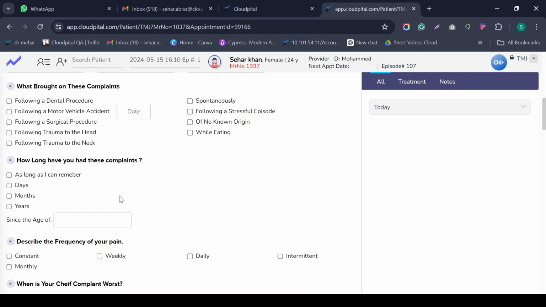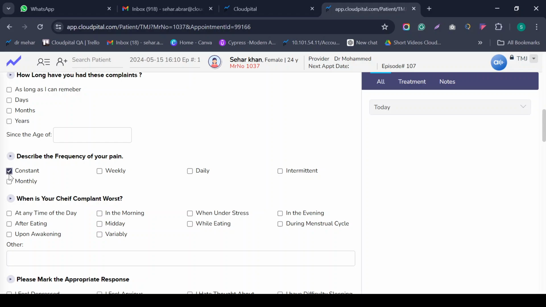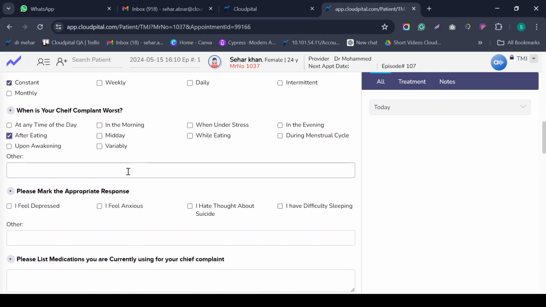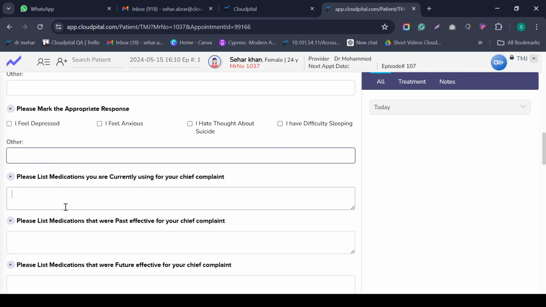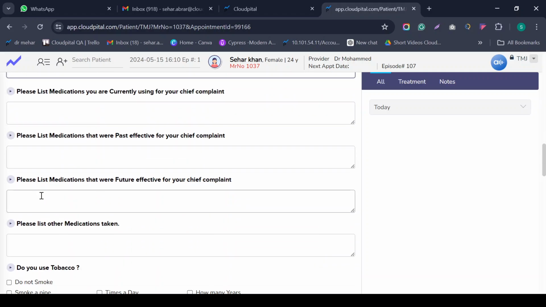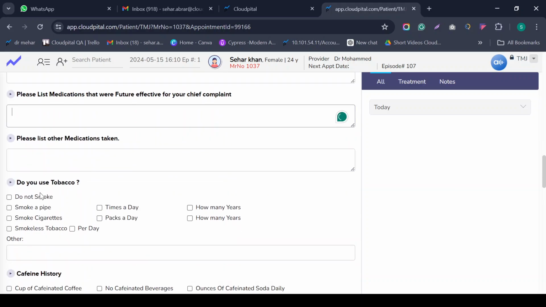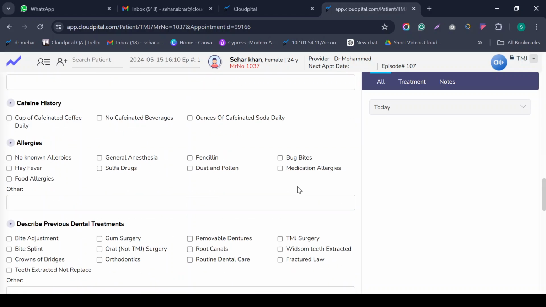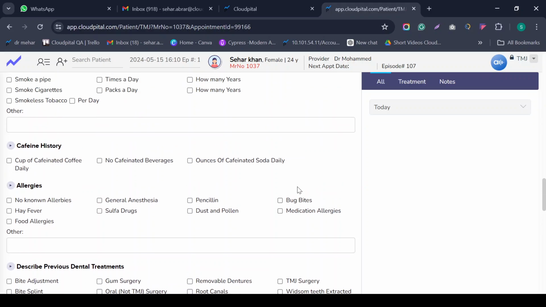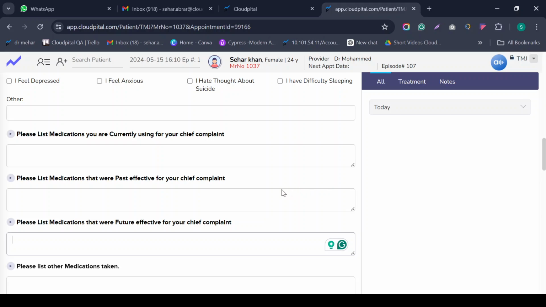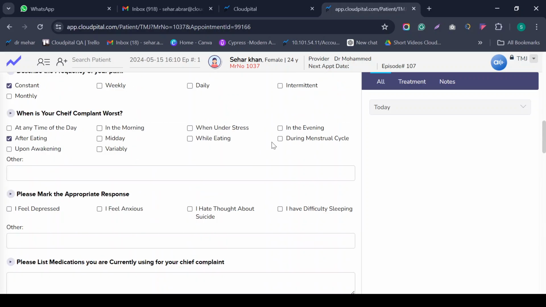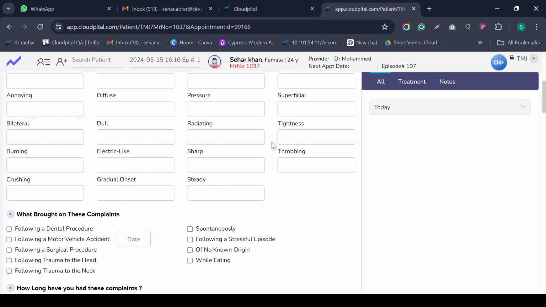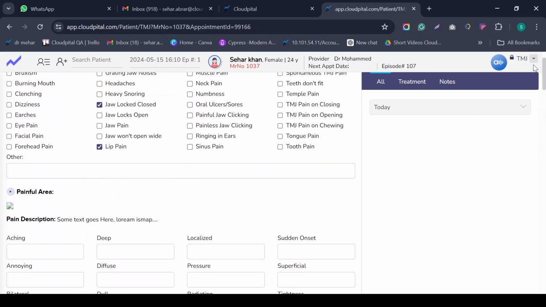We can select all of the patient case sheet, and we can maintain all of the patient records in the patient file screen. The doctor just needs to write all of the information in front of the patient, so the patient can also tell us if they have a smoking issue or not. So these are all of our documentation processes in the patient file history. All of the documentation and TMJ process data will be saved according to the patient's dental condition. The last one is orthodontic.